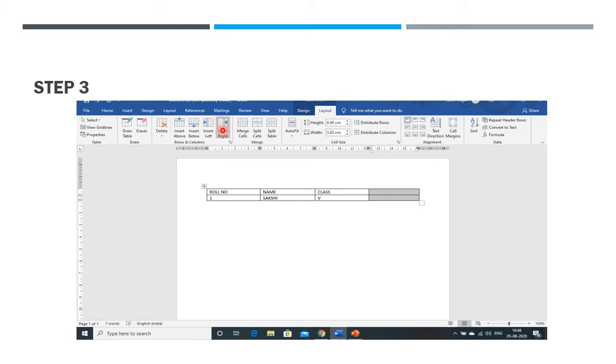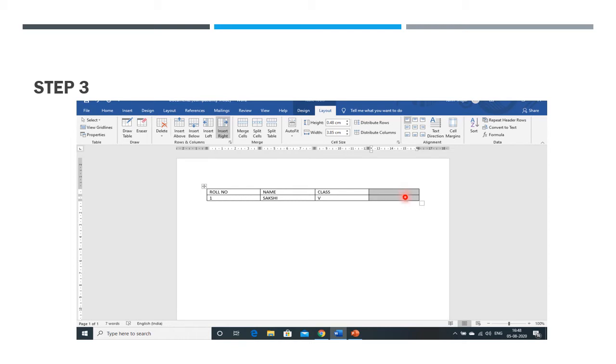An empty column gets inserted. Here there are two options: Insert Right and Insert Left. If I select Insert Right, one empty column will appear. So this is the way to add columns.